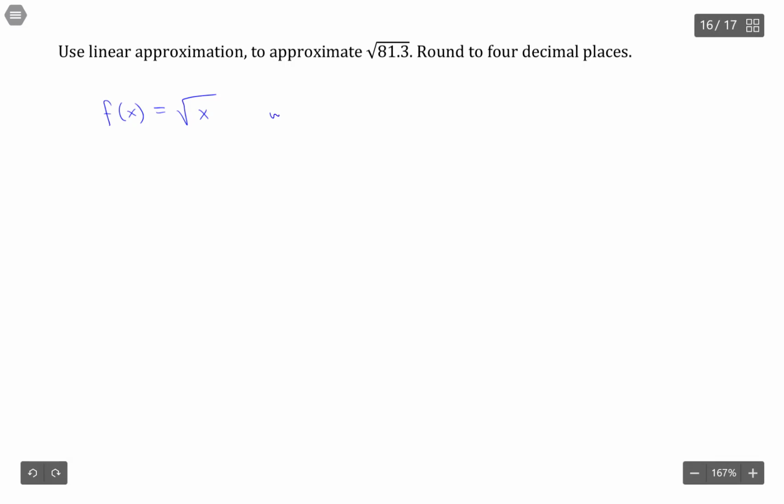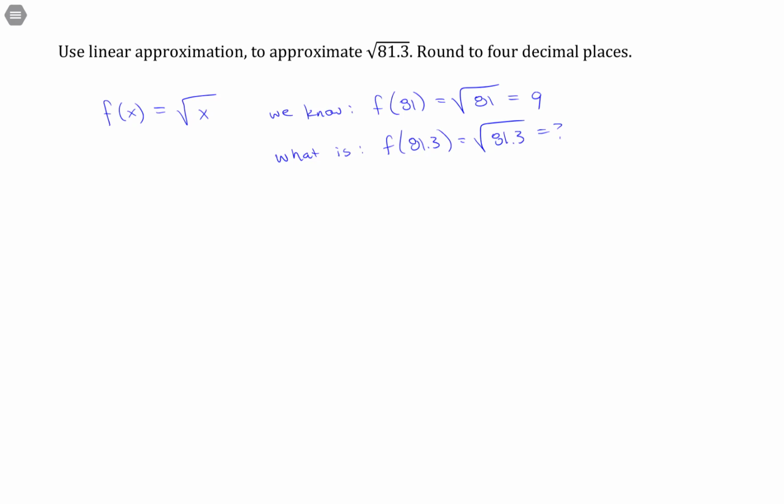And one thing that we know is f of 81, because that's a perfect square, we know that's going to be 9. We want to find out, so what is f of 81.3, which is a value that's very close by, but how do we come up with that? It's not a perfect square. Well,